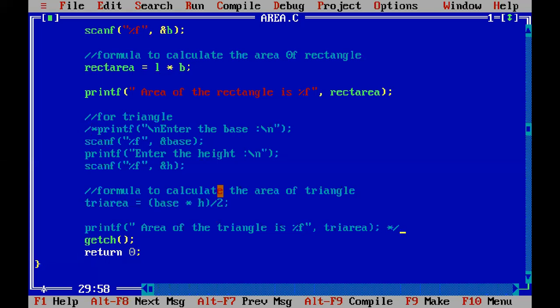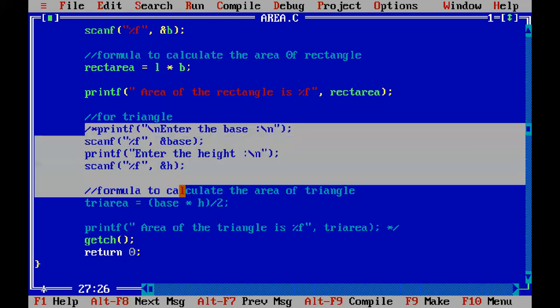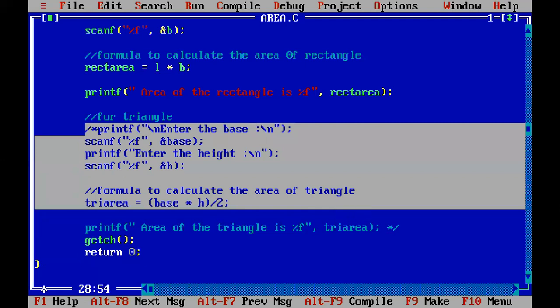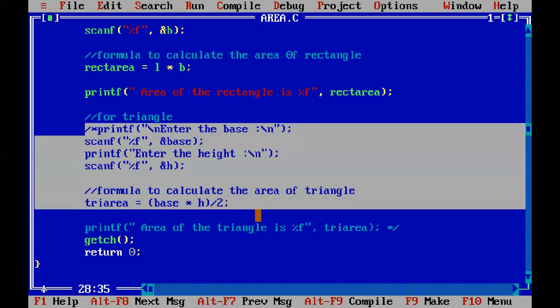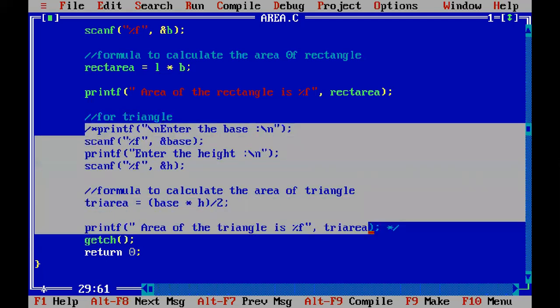Now as you can see, this entire part got commented. That means this will not be considered for execution now. Just like the single statements here were not considered for execution, now this entire part will not be considered for execution even if you run it. So likewise we can put different sections of the program in comment so that we can check for the other problems in the program.